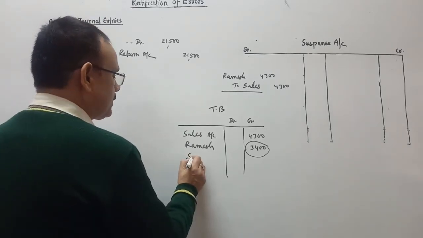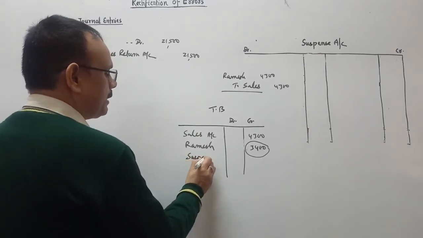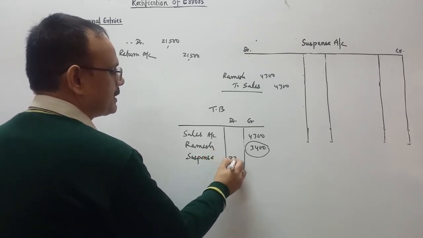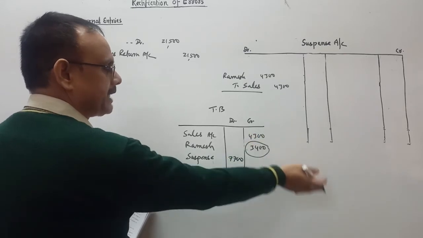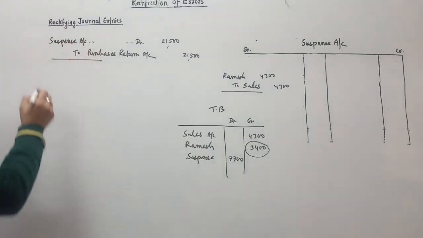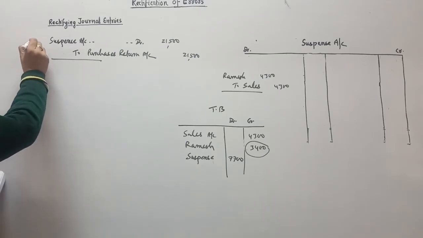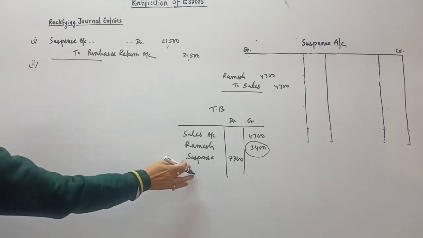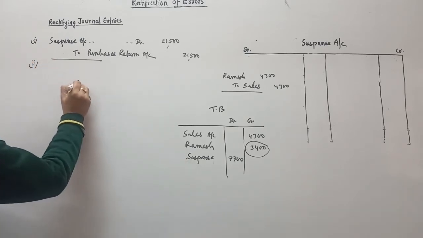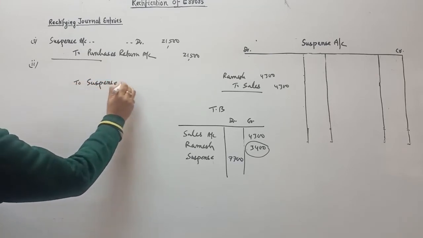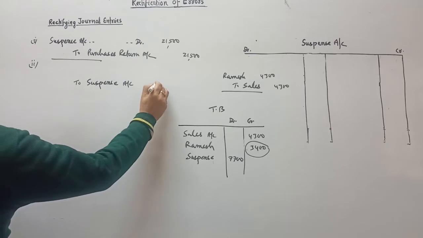So because of that, we will open the suspense account to match the trial balance, and the suspense account will be 7,700 because both are on the same side. So 7,700. Now rectify it. This is number 1. Coming to number 2, suspense is in debit. So first of all, you cancel the suspense account